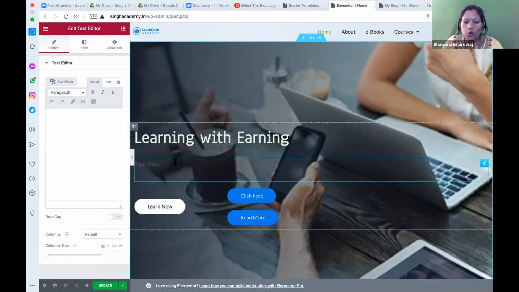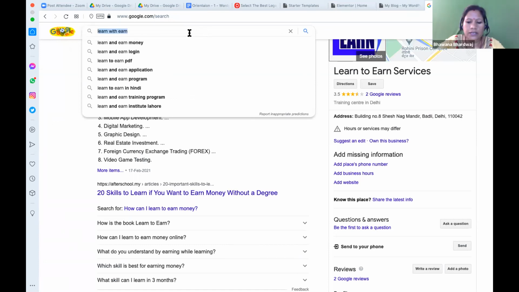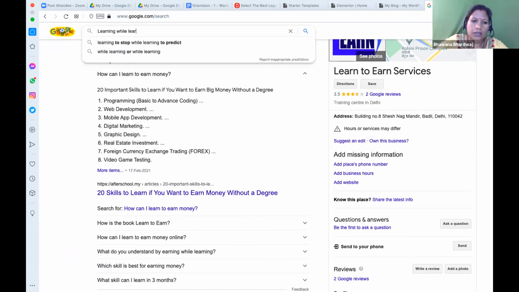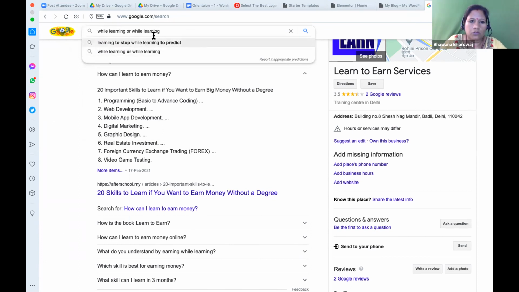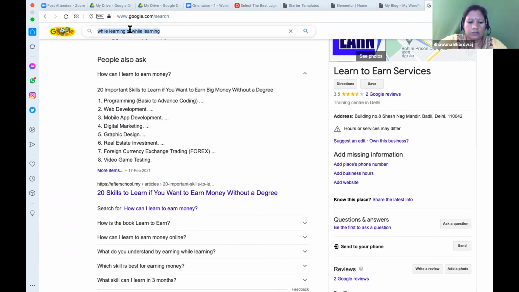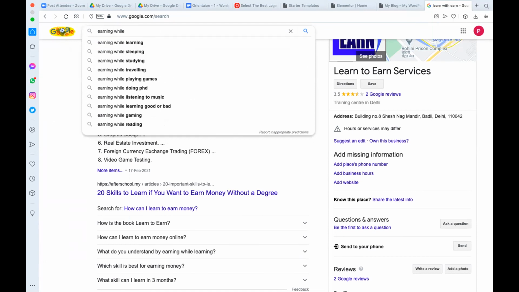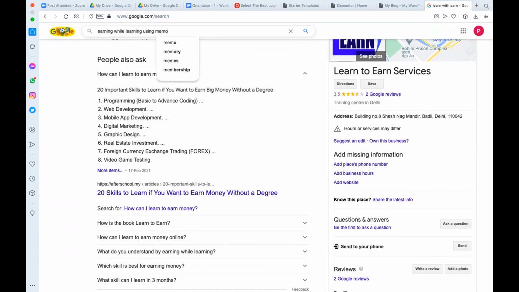Okay, so you might say learn memory technique. Earning while learning. Earning while learning with memory techniques. Or while earning. No. Earning while learning, using memory techniques in a smartest way.